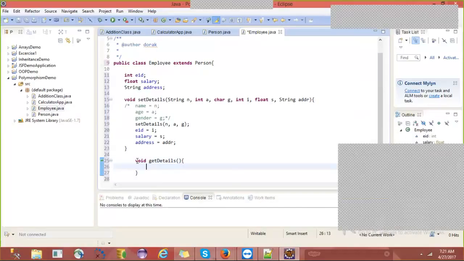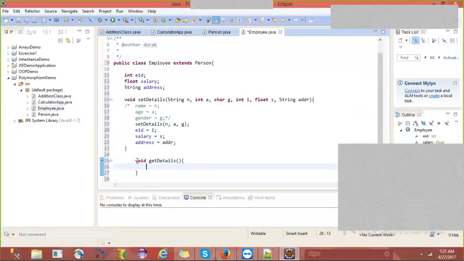Yesterday we have seen the same, right. That's why I am going with the same classes for every example, so you can relate and easily proceed from the previous examples. That's why I'm taking the same classes like person, employee and all.